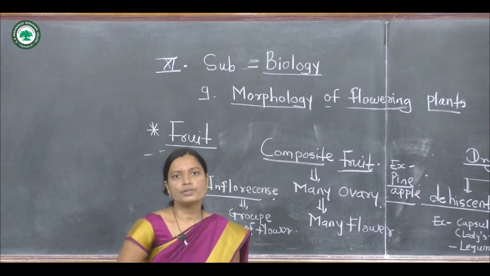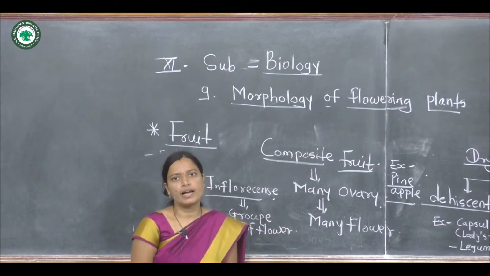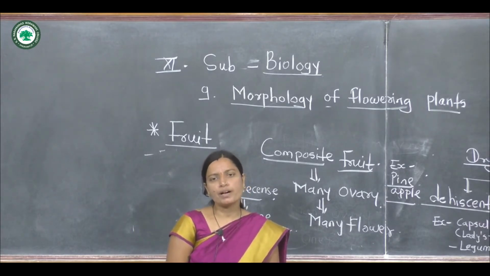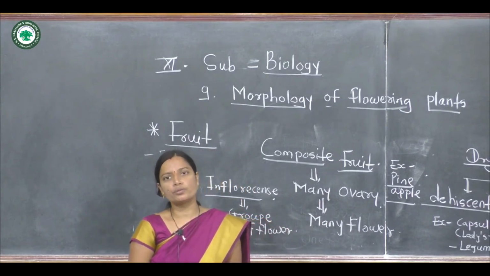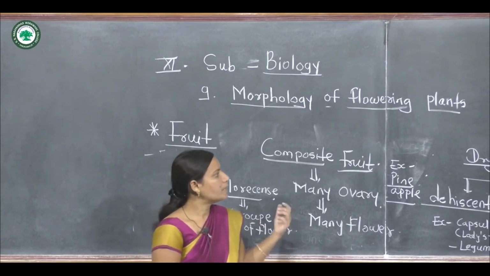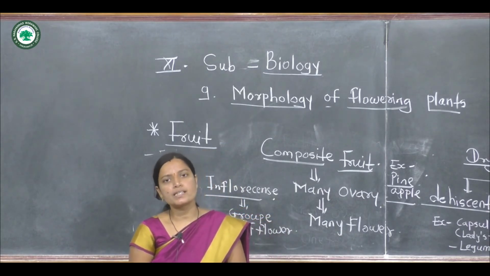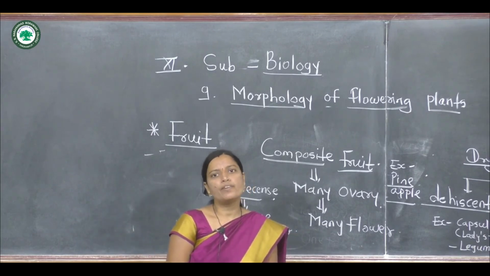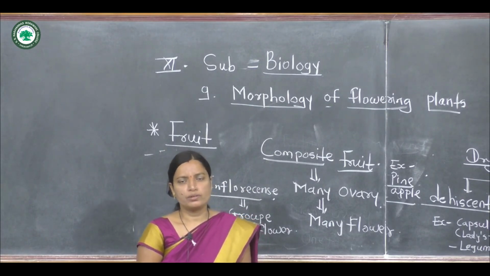Now in this video we discussed the structure of fruits. The typical structure of a fruit is divided into three parts: epicarp, mesocarp and endocarp. There are also types of fruits like simple fruits, which are dry fruits or fleshy fruits. Dry fruits are dehiscent as well as indehiscent types, and fleshy fruits are berry and drupe types of fruits. Now stop here.